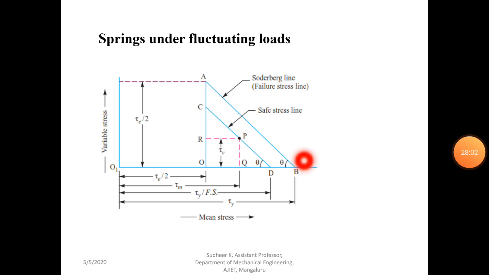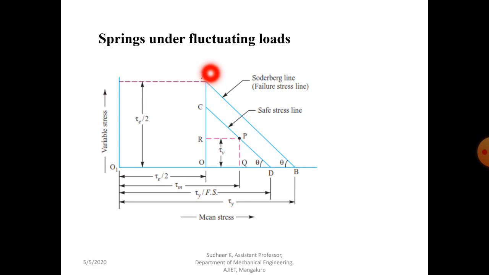You can see the fatigue diagram given here. We already discussed the same type of equations, the Goodman equation and the Soderberg equation. This is the fatigue diagram considering the Soderberg equation. The mean stress tau m is plotted on the x-axis, which we call the abscissa, while the stress amplitude, the variable stress, denoted by tau a, is on the ordinate or y-axis. Points A and B you have to locate.